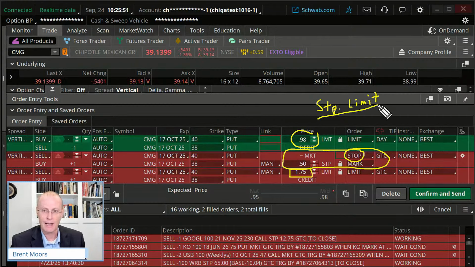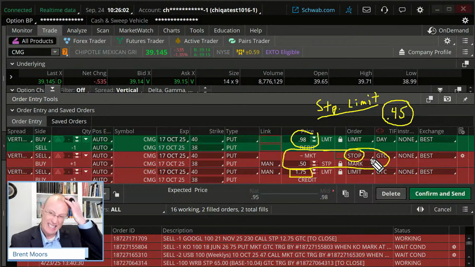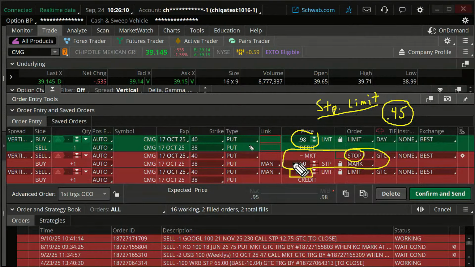If we put in a limit price, let's say we did 45 cents, once we hit 45 cents or less, it's only going to fill at 45 cents or more, which sounds great, but there's a downside. The downside is it may never fill. If this gaps down, if this stock goes against us, in this case against us would be going up because this is a bearish trade, then we may never get out on that. So as Scott, I have no objections to the idea of using a stop limit on these. Just realize the pros and cons of these various types of trades.